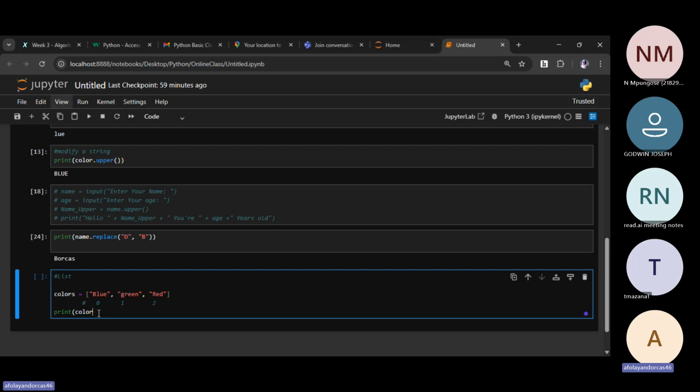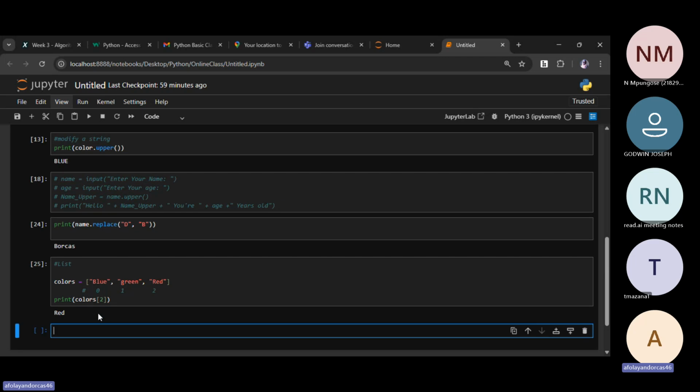So we have colors, and I want to get access to just number 2. Let's see what we print out. You see, we get our red. So this is a list, like arrays inside arrays. String is an array, an array of alphabets.